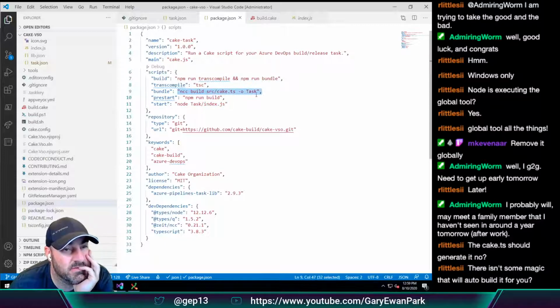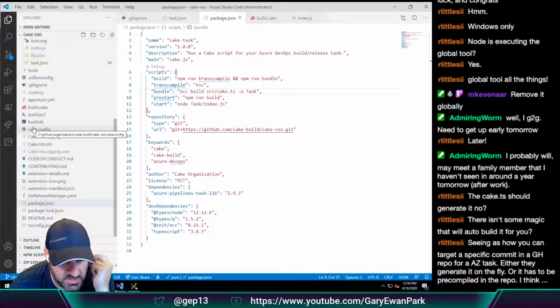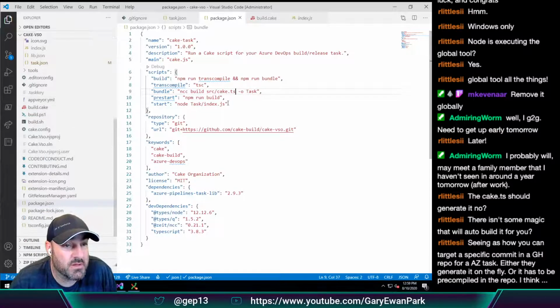So I think this ncc build source cake.ts with the output task would create it. Seeing as how you can target a specific commit in GitHub for an AZ task, either they generate it on the fly or it has to be pre-compiled in the repo, I think. So if